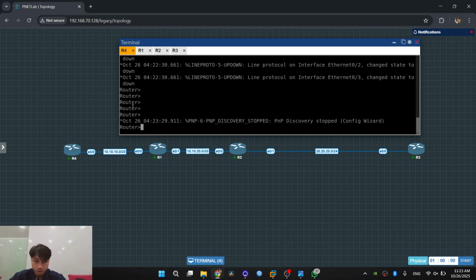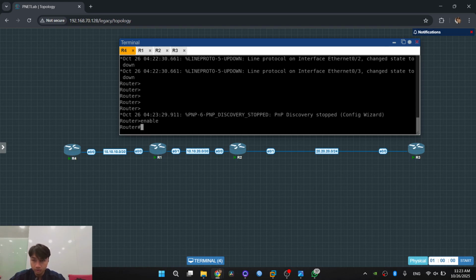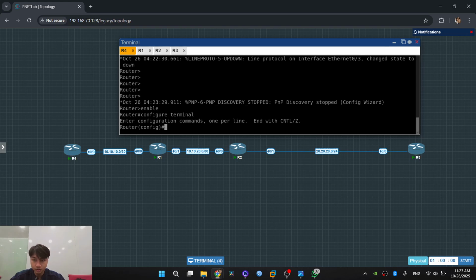First, we use the command enable. This hashtag is level 2, and then configure terminal. This is the command to level 3. And first we set the hostname or the router name.